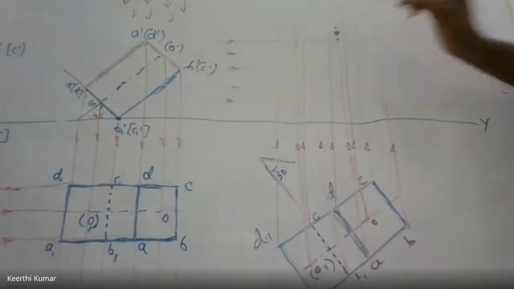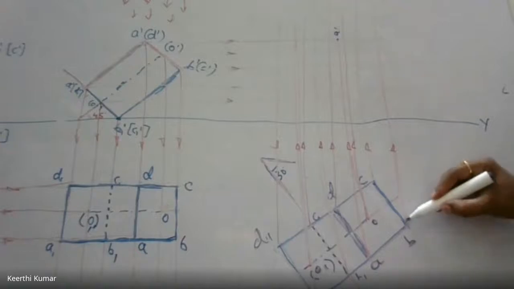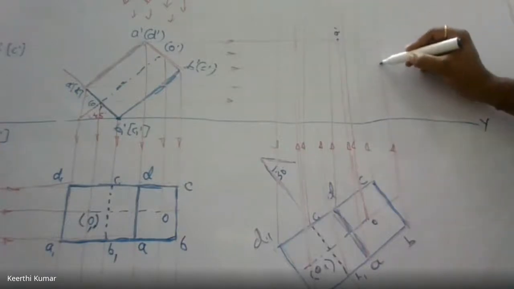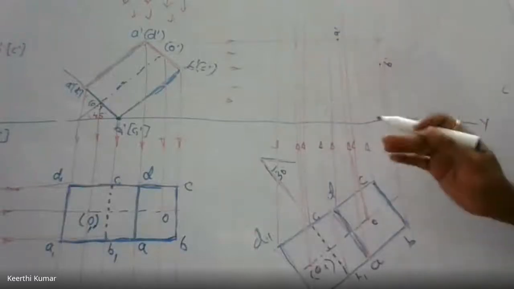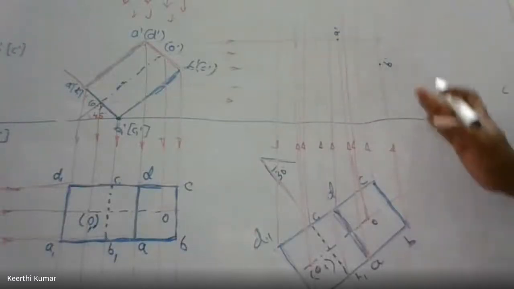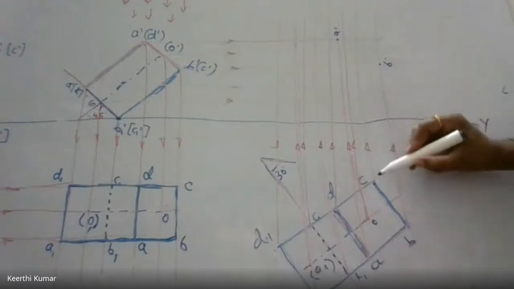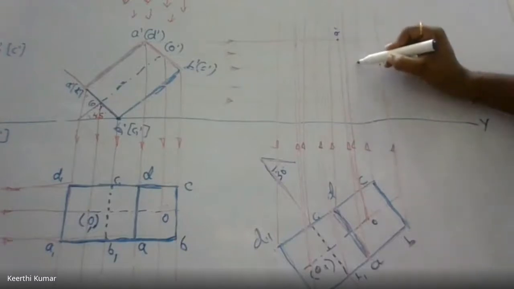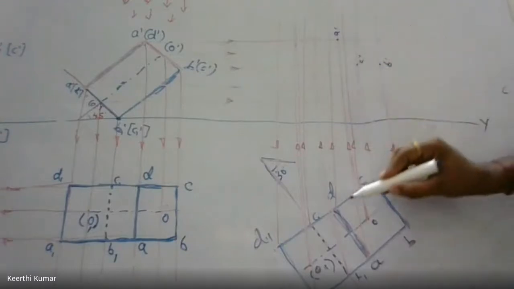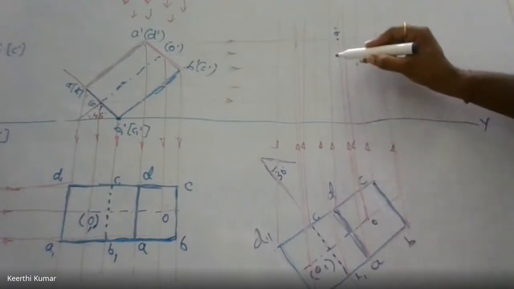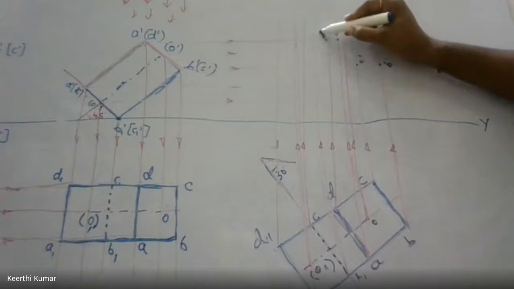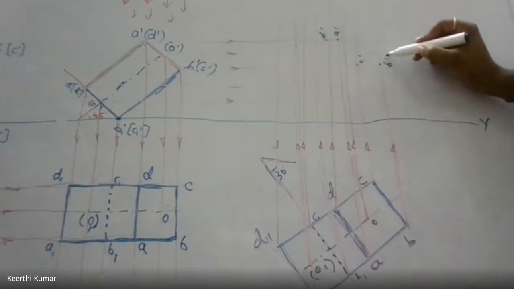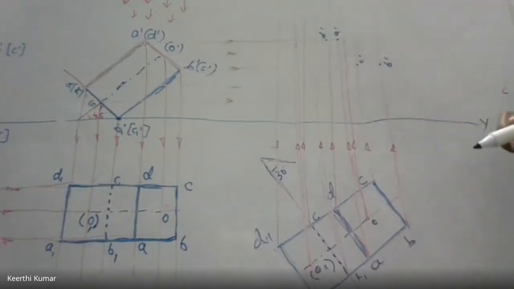So this is A dash. Similarly, B. This is B dash. Let it be 1,000 lines or 100 lines, whatever the number of lines, you concentrate only on B, C, D, one by one. This is C dash. Then this is D dash. Now I completed A dash, B dash, C dash, D dash.